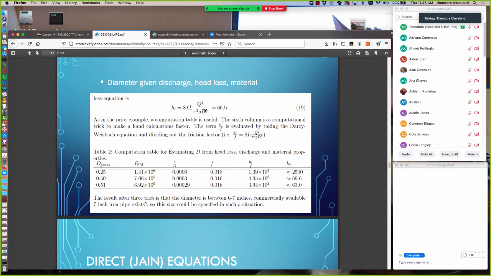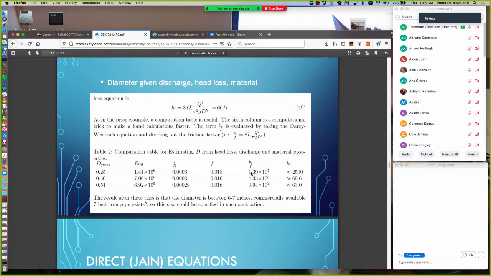And what we want to solve for is to find the value of D that satisfies that equation, bearing in mind that the friction factor changes with each value of D. And so here's a computation table set up that works on D. So if we guess a value for diameter, once we know that, we can compute a Reynolds number. We can also compute a roughness ratio. We use that Reynolds number, that roughness ratio, look up in the Moody chart this value of friction factor, 0.018,